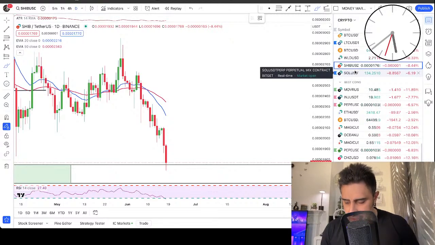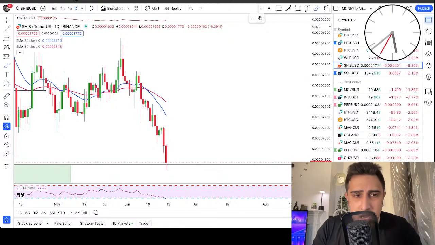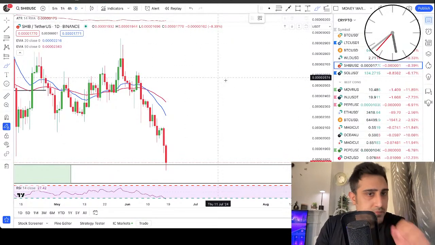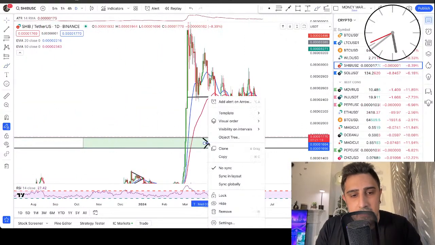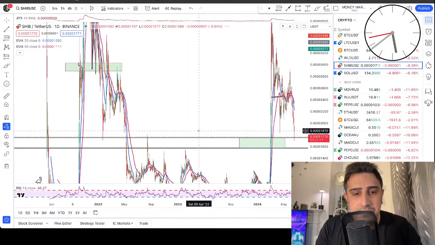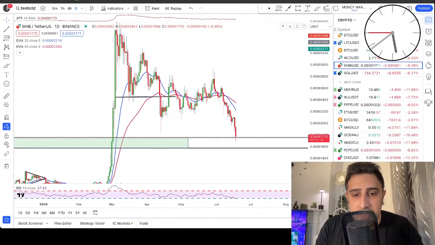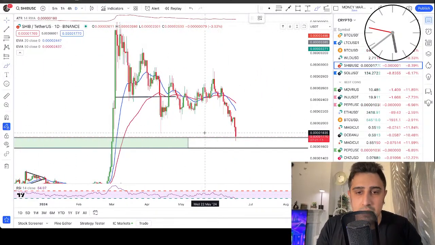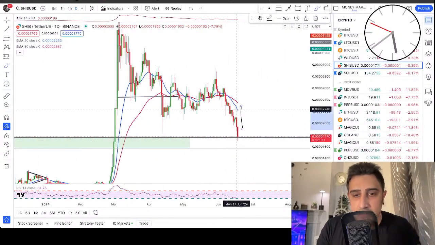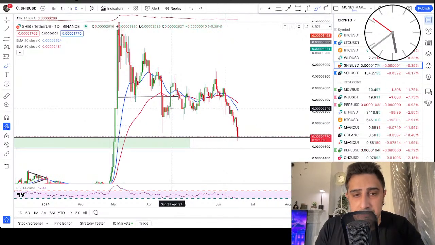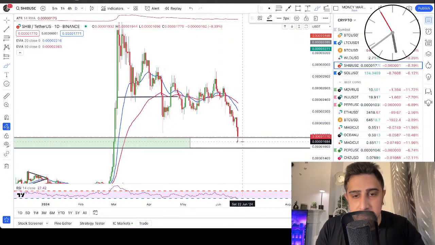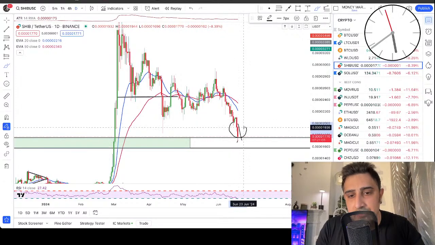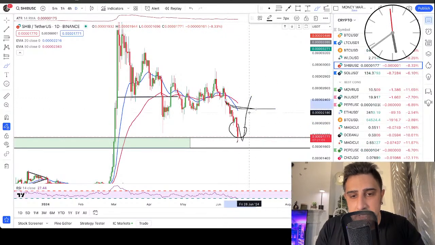Right. So for SHIB, we are now at a very good buying level. If you are looking to buy here, that's a good point to invest. Or if you are doing futures trading, wait for the bullish engulfer here for your entry, and you can do a quick scalp till the 50 and 20 EMA.